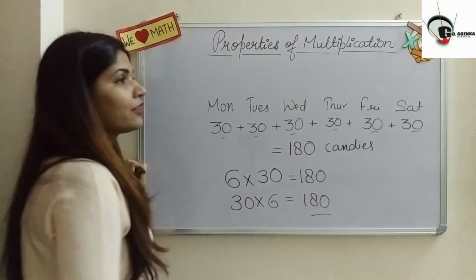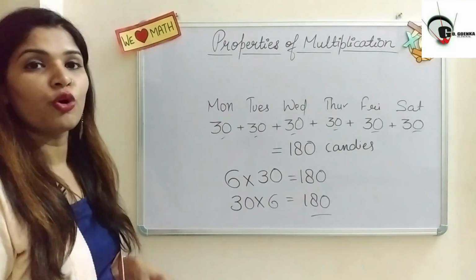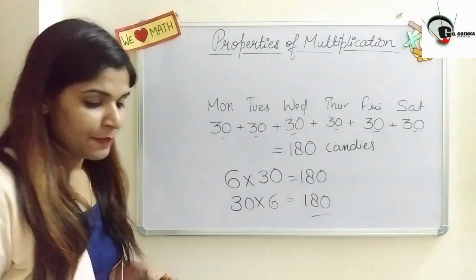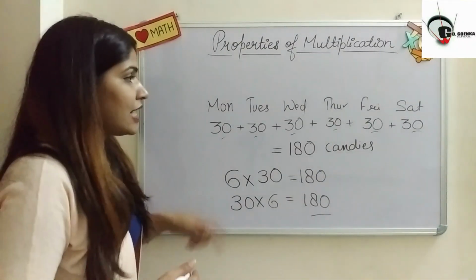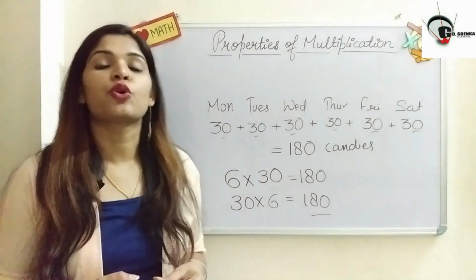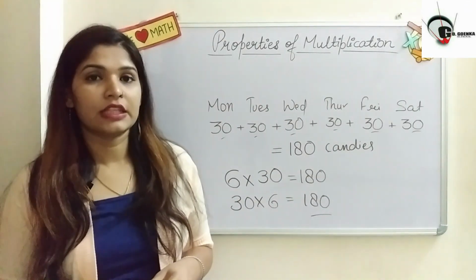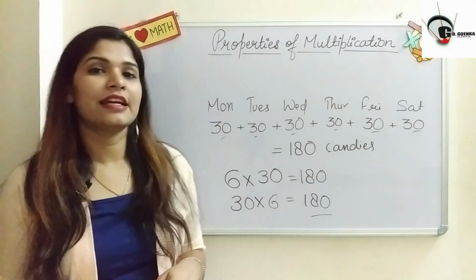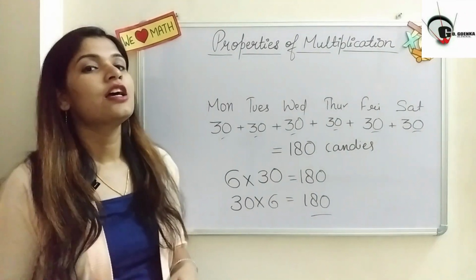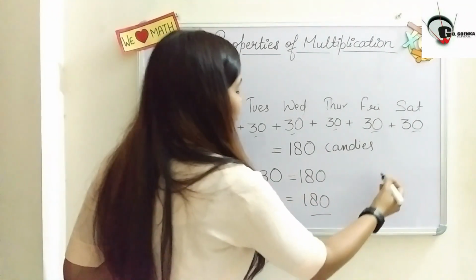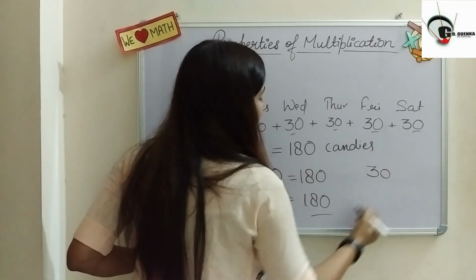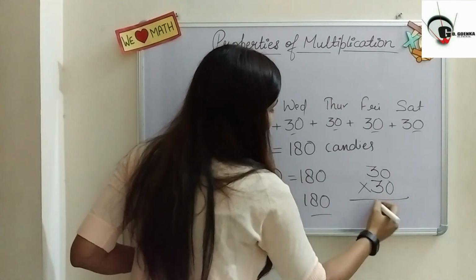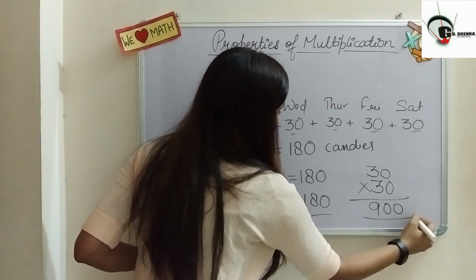So this is the quicker, the fastest method to solve this kind of question when we have numbers in larger quantities. Similarly, if somebody asks how many candies she requires for the whole month, regardless of whether the school is open on Sunday as well, suppose we have a month with 30 days and she requires 30 candies each day. So easily we can find out that she requires 900 candies.